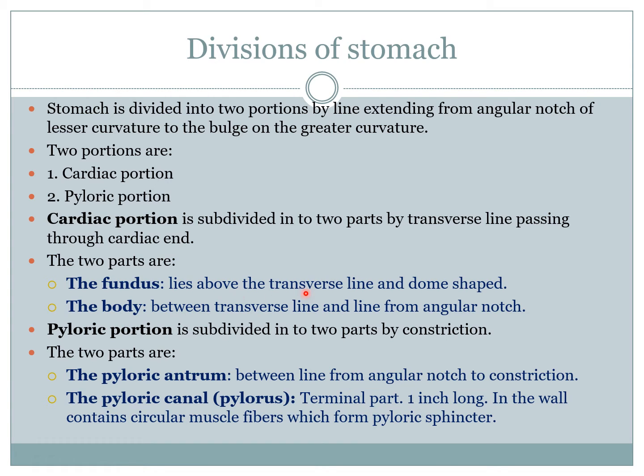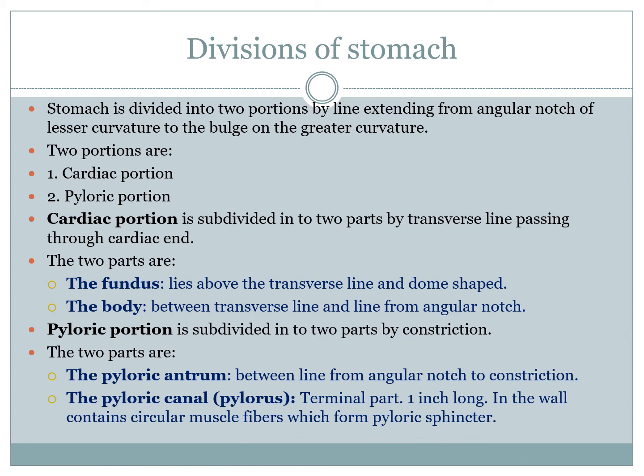Fundus lies above the transverse line and is dome shaped, and the body lies between the transverse line and the line from the angular notch. The pyloric portion is subdivided into two parts by the constriction. The two parts are the pyloric antrum, between the line formed from the angular notch to the constriction, and the pyloric canal or pylorus, the terminal part, 1 inch long. In its wall it contains circular muscle fibers which form